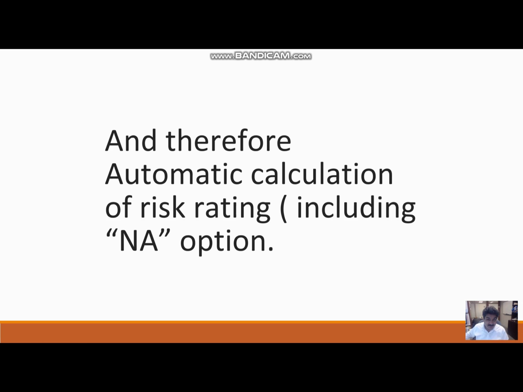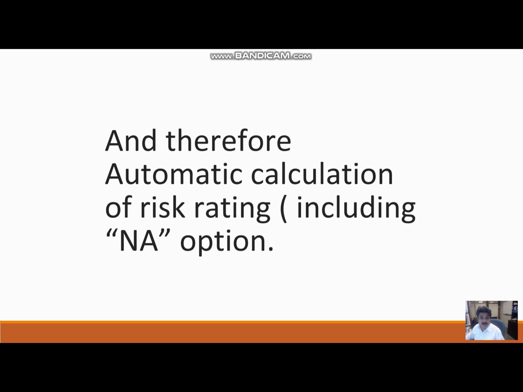Is it not interesting? The justification box is still there, but we have refined the guidance note. What will go in the justification is the basis of the probability and impact which you have identified for that risk factor, and not necessarily the rating of the risk factor, which was the case in the previous version.